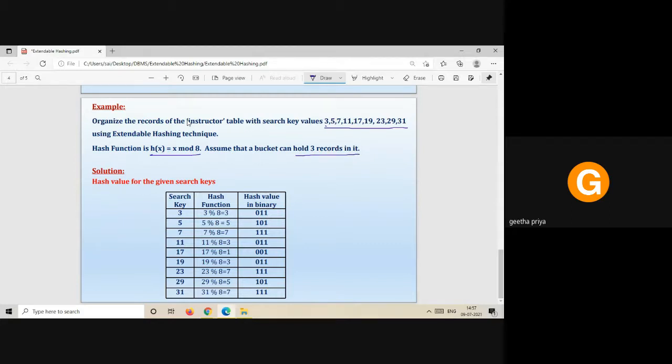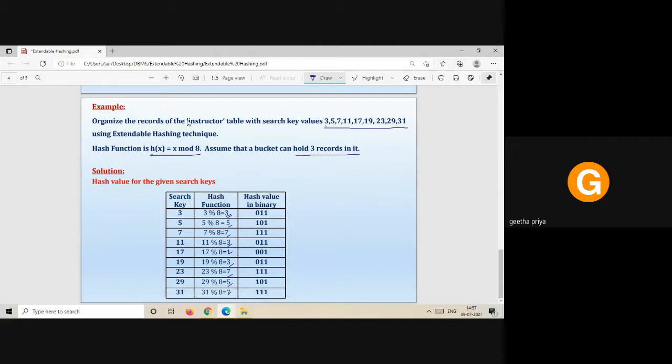For all the search key values given, we have to apply the hash function, and you know how to perform the mod operation, and we have got these results. We have to represent the result of the hash function in binary form. First we have to decide how many bits the binary representation should have.